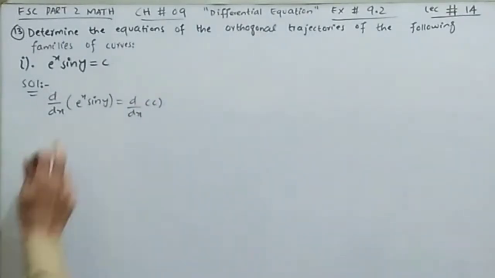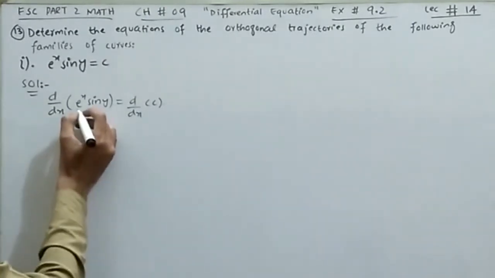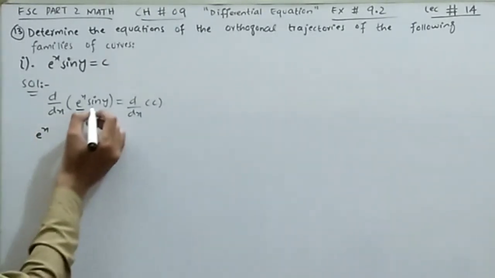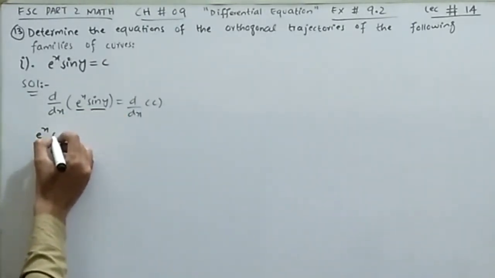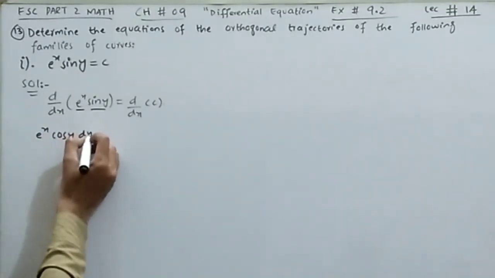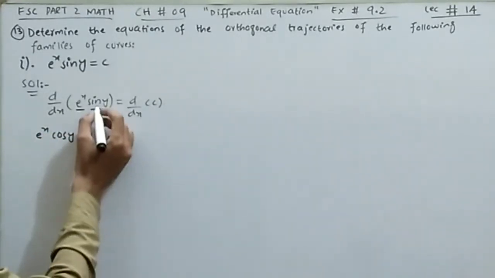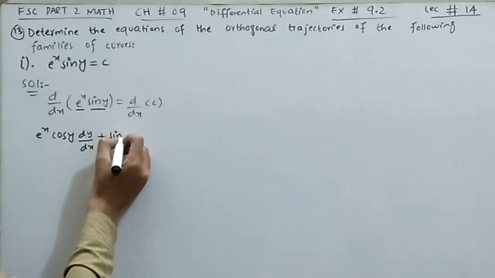So on the left hand side, two variables and two functions are used. It means we will use the product rule. So the first function times the derivative of the second function with respect to x will be cos of y dy by dx, because y is an inner function, plus the second function sine y